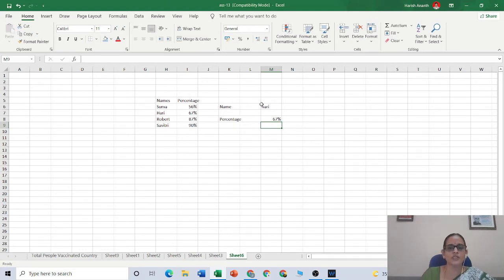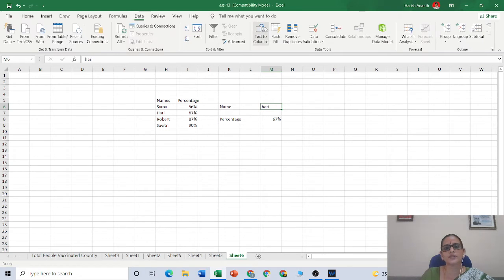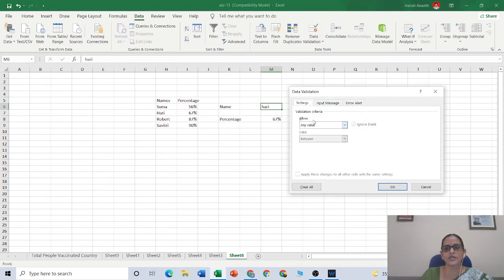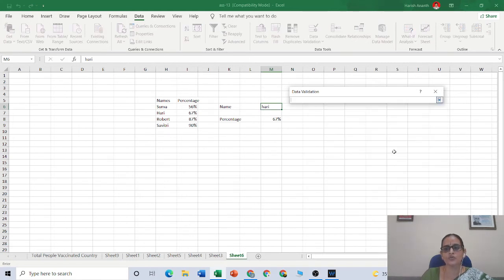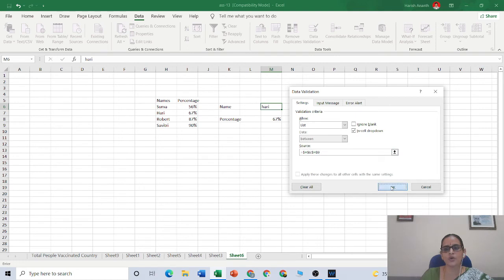Okay, if we want it to be placed in a drop down menu, how are we going to do it? We are going to select this particular cell wherein we find the name, and then we will move on to the data. There we can find the data validation. Here you have to select the data validation, and here you have to select the list option. Ignore the blank. Then we have to select the source. The source is the names, as I want the names to get displayed in the drop down menu. Then I will click OK.